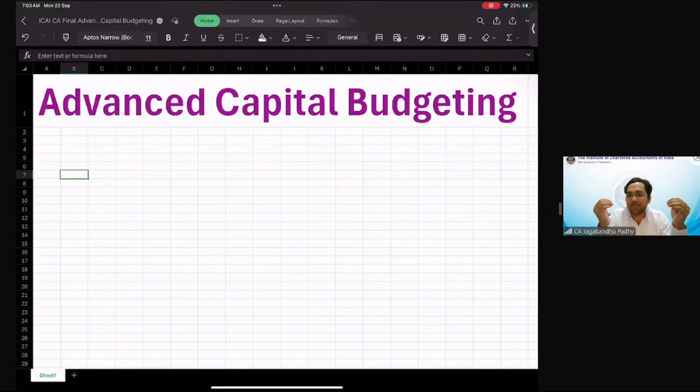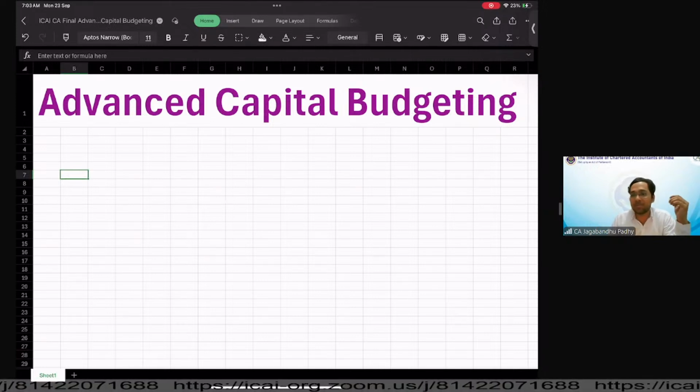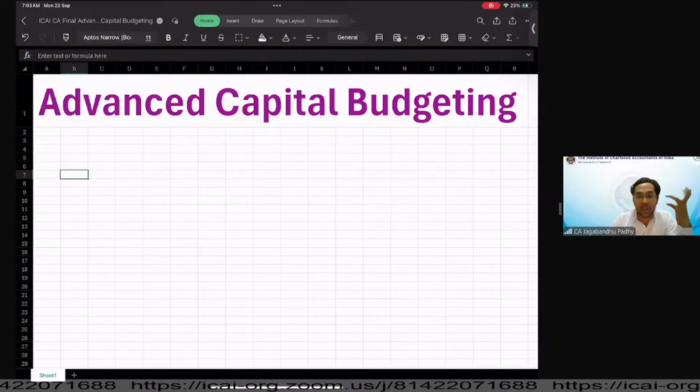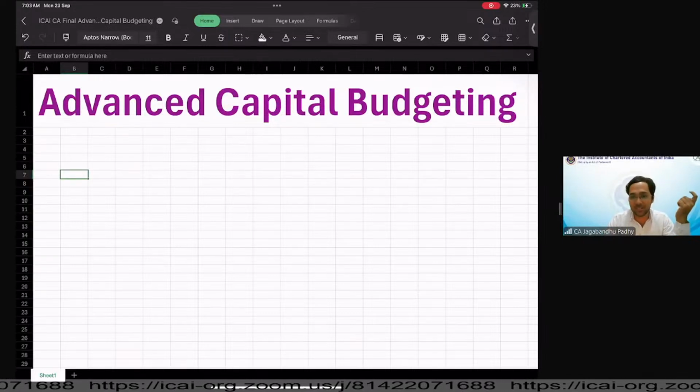I presume that you are connected to how to calculate the present value, how to get the net present value, and how to calculate the IRR, right? Those are the basics which a professional like you and me should be really aware of, because we use them in our day-to-day life for decision making. Being in the finance profession, we would never like to take any financial decision without proper calculations. And this topic of capital budgeting, followed by advanced capital budgeting that we are learning today, is a handy tool for us to make any sort of financial decision.